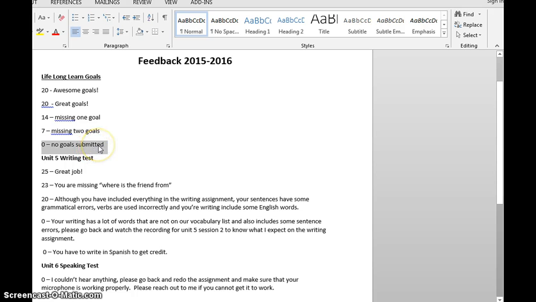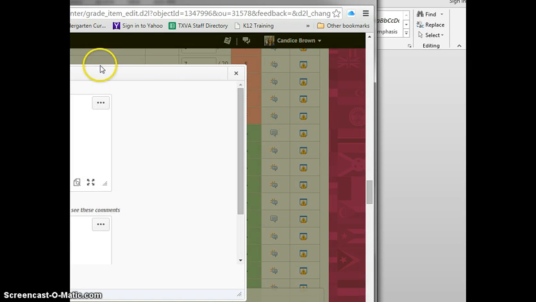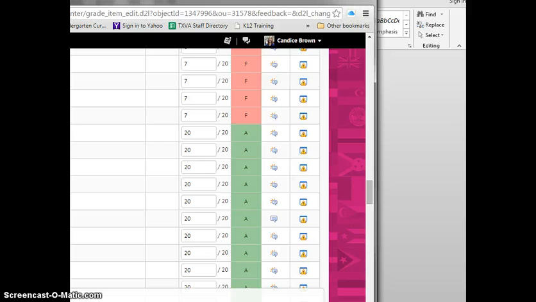But what I went ahead and did was, when I was grading the assignment, I reset the assignment for the students so that they could go in and do that. So what I'm going to do is copy the awesome goals, and then I'm going to click feedback, and you're not going to be able to see the whole thing because it wouldn't be FERPA friendly. And I'm going to copy and paste it in the top box and then click save. So now she's taken care of.